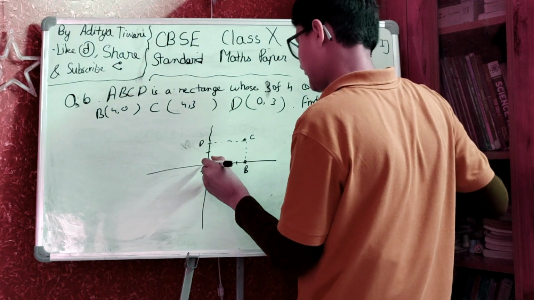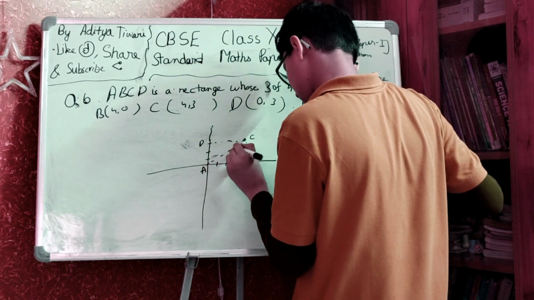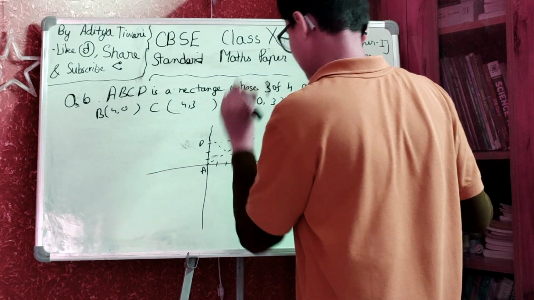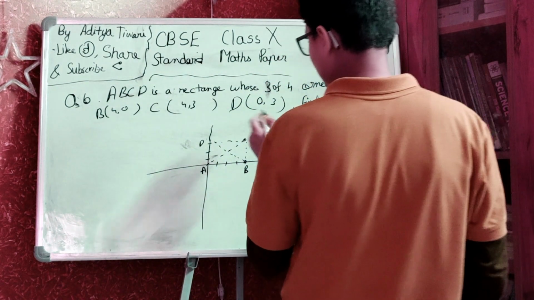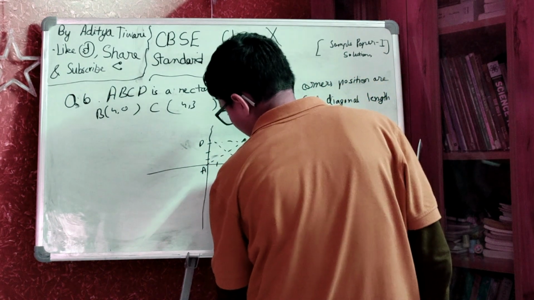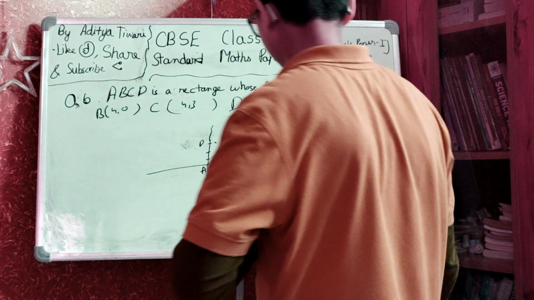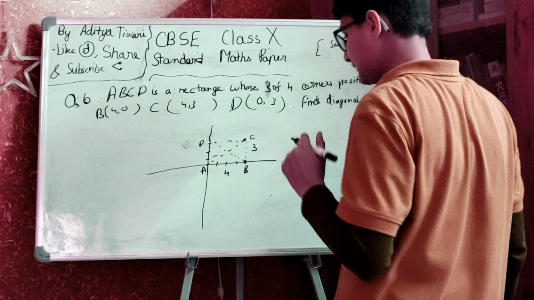So you have to find the length of one of its diagonals. So we know that this is 1, 2, 3, 4. This is 4, and its height is 3. Okay, so its diagonal length would be,